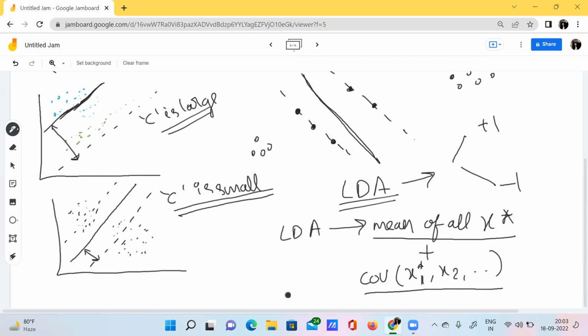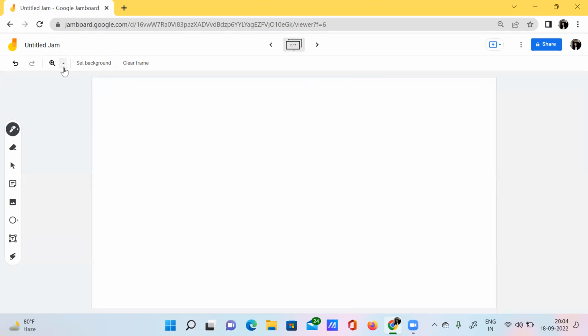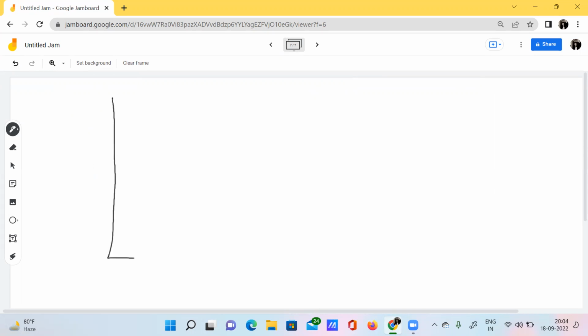But logistic regression is also used for classification, right? When I say logistic regression, it is very sensitive to the data points that are far from the decision boundary. I'll explain this with an example.